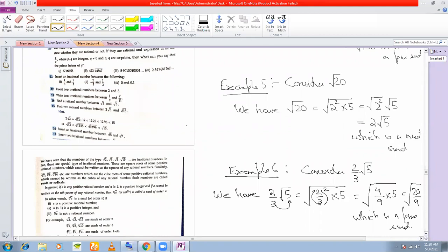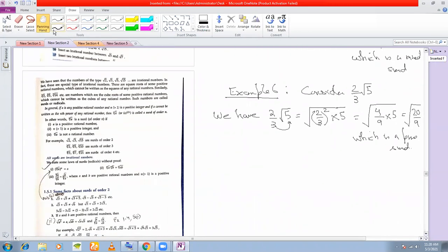Okay. So we'll be using this in our sums. All these conversions from pure to mixed and mixed to pure surds, we'll be using these in our conversion. Now, just one remark before I leave. In fact, there'll be more remarks to come, but let me just start with these remarks. Very, very important remarks, which you should be very mindful of while doing your sums.